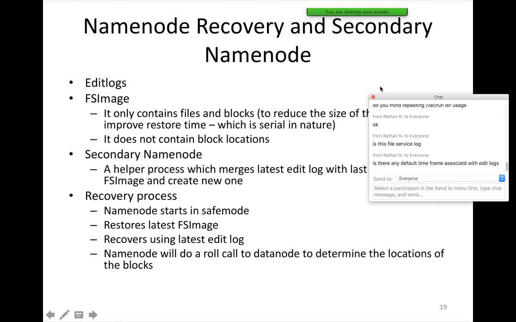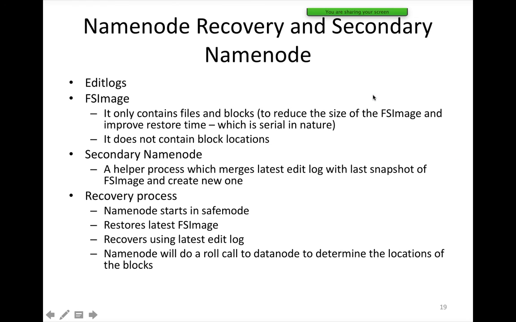Yeah, as I have mentioned to you earlier, there are parameters related to that. One is based on the number of transactions. I think the default is 1 million, and the second one is the time. The default time is 1 hour. So whenever the threshold is reached, whichever happens earlier, it will create the fsimage.